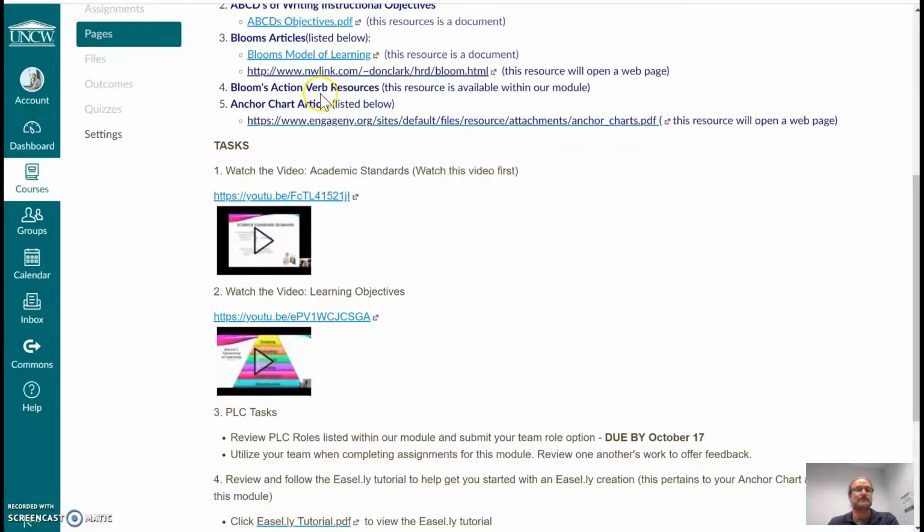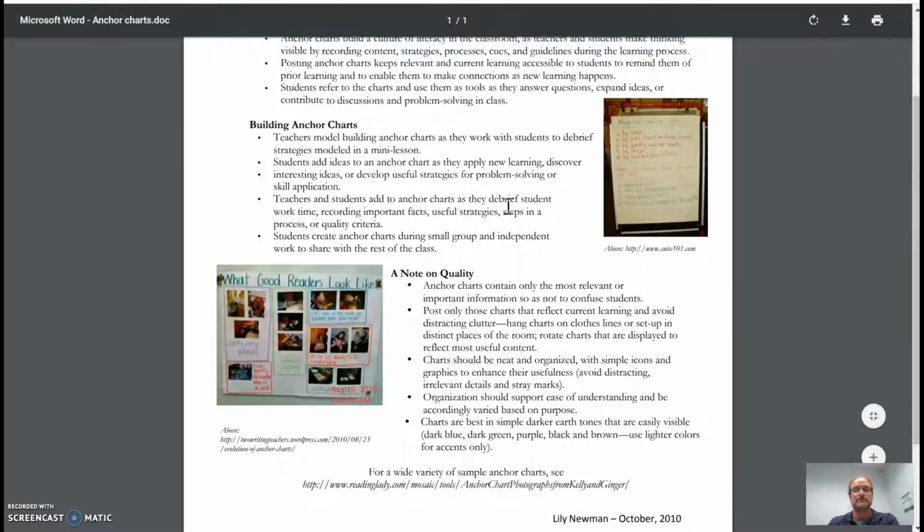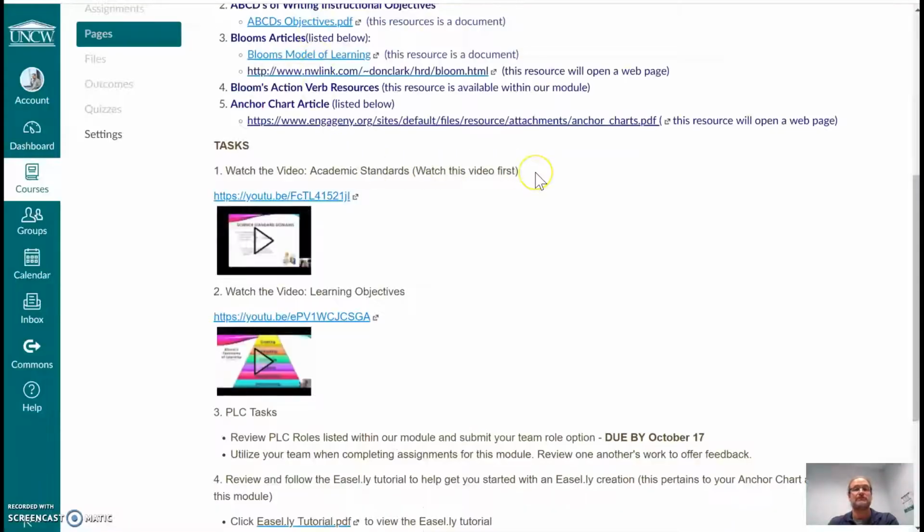There's Bloom's, you'll find Bloom's action verb resources. I've included those. I'll show you where that information is in a minute. And then our anchor charts, which I am super excited about. Anchor charts tend to be a pretty big hit every semester when we do those, but you'll see the resources here to help you develop your own anchor chart, and to use a really cool little